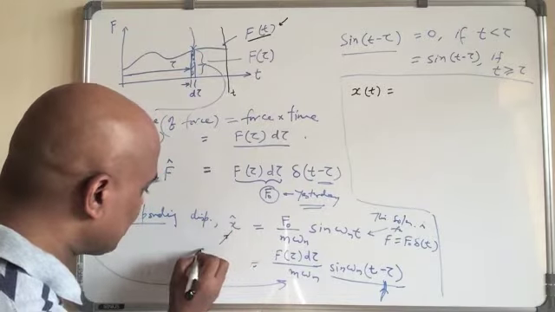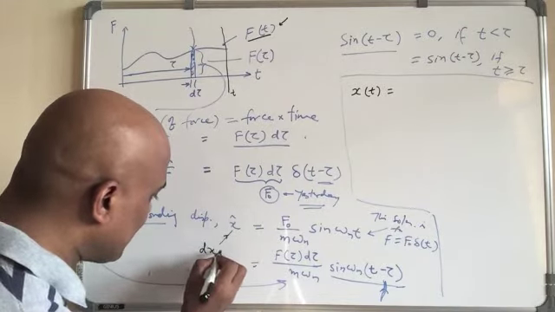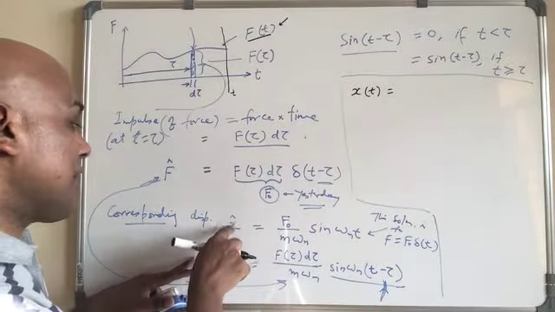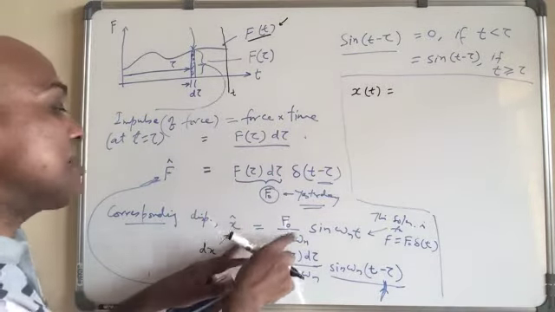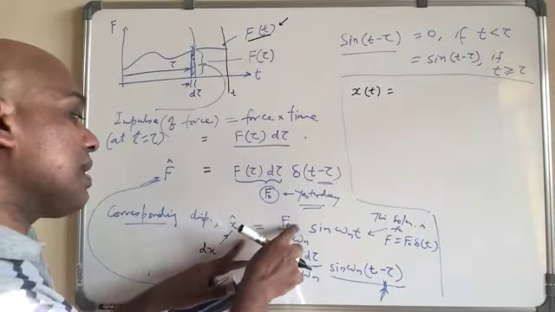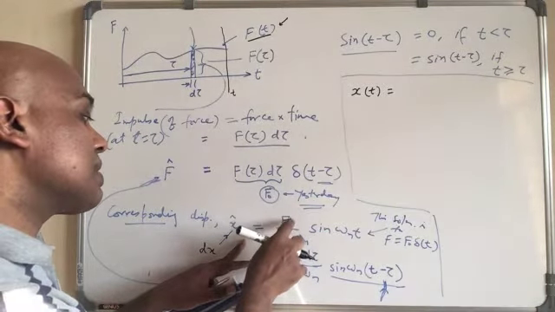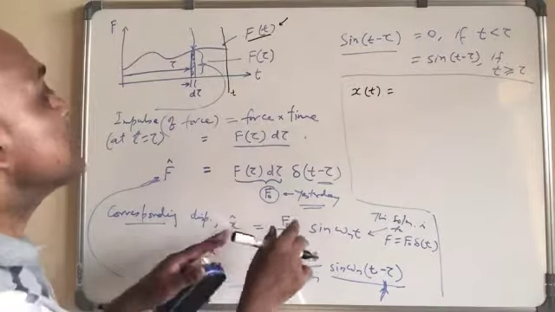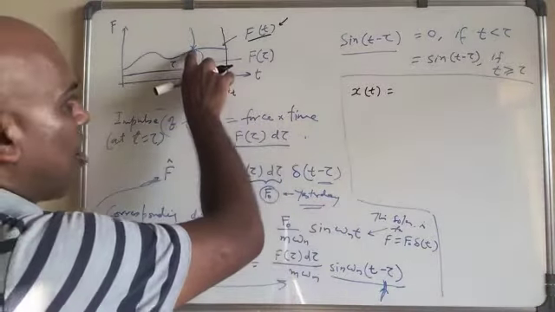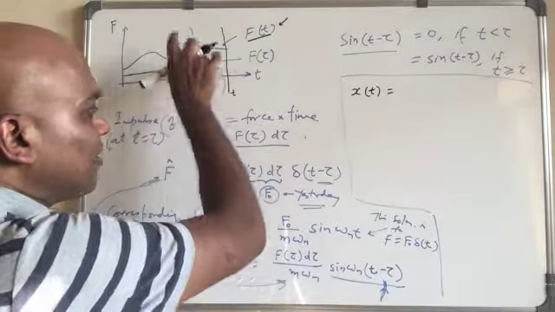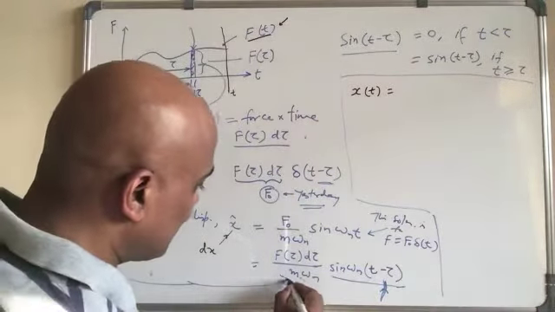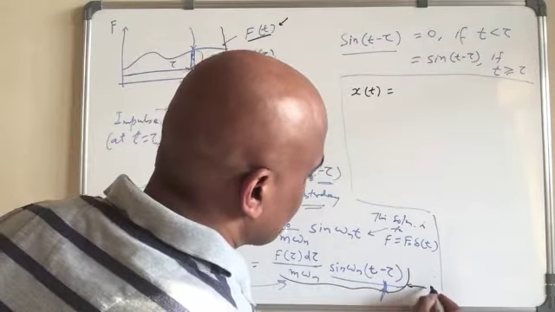This really means x hat is because of a force impulse, for impulse F naught. But this is also a contribution of this strip of the force. So this one, from here to here, you can say is the contribution